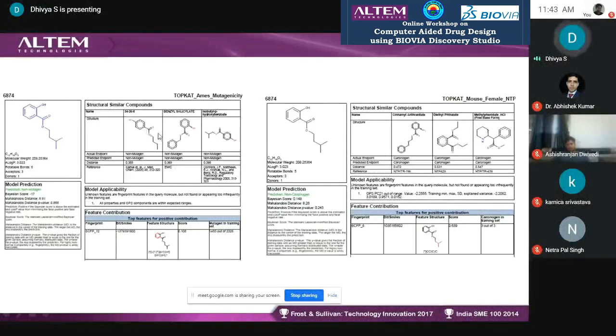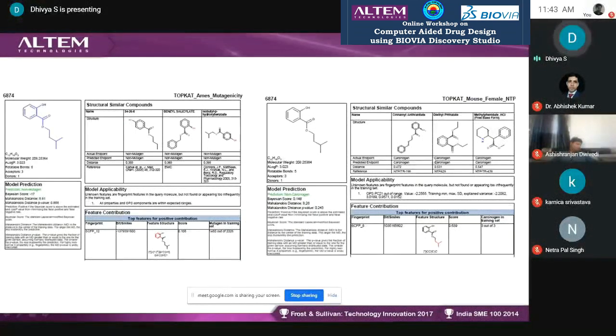A similar structure is found. The name of the compound will also be displayed, and then the actual endpoint. Since these molecules are non-mutagen, because there is a sharing of these particular fingerprints. And what is a positive correlation? The positive correlation will also be given in terms of these fingerprints, and in how many molecules it is trained, that information will also be available over here.